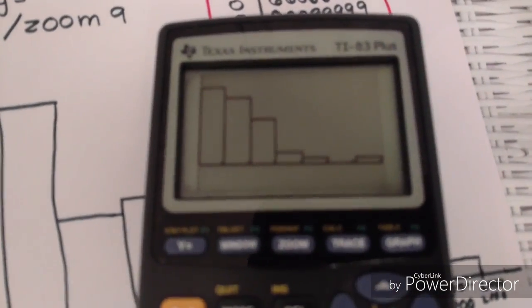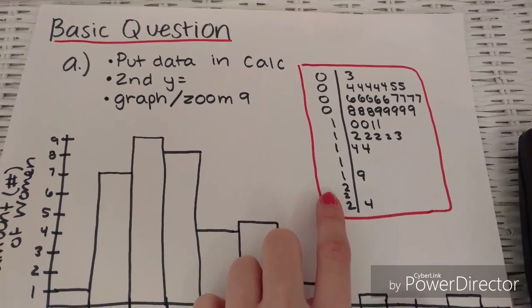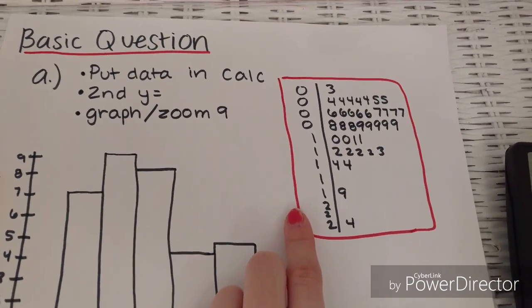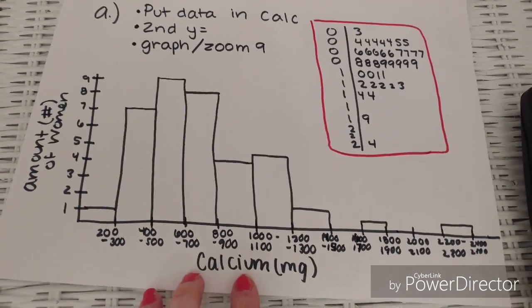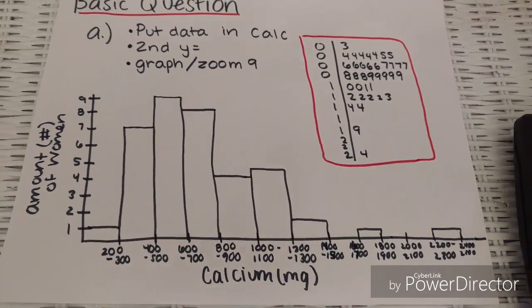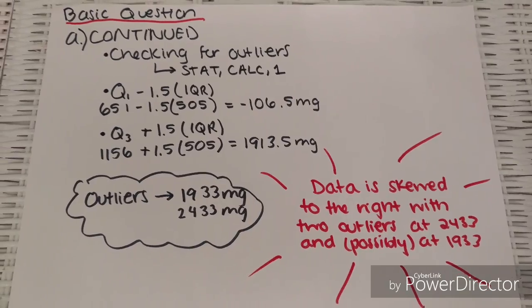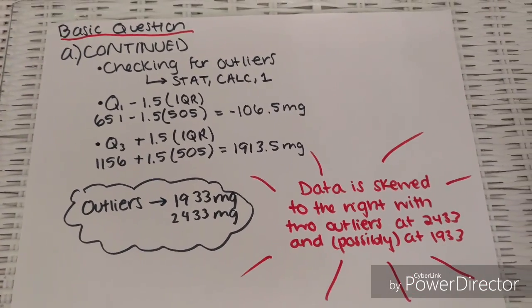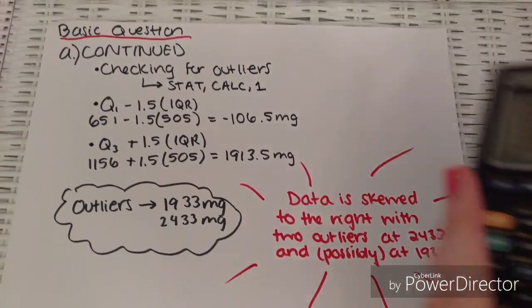Now it looks like there could be some outliers in there, so we could also make a stem plot, and this is what that would look like. And from that we can see there are definitely some outliers there. We can see that we have potential outliers at 1,933 and 2,433 milligrams, but to check